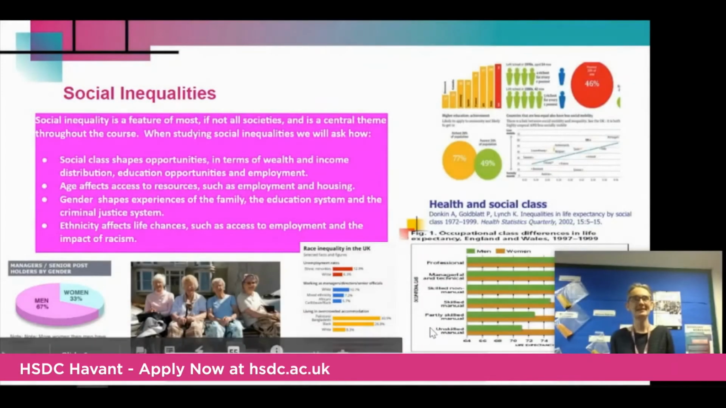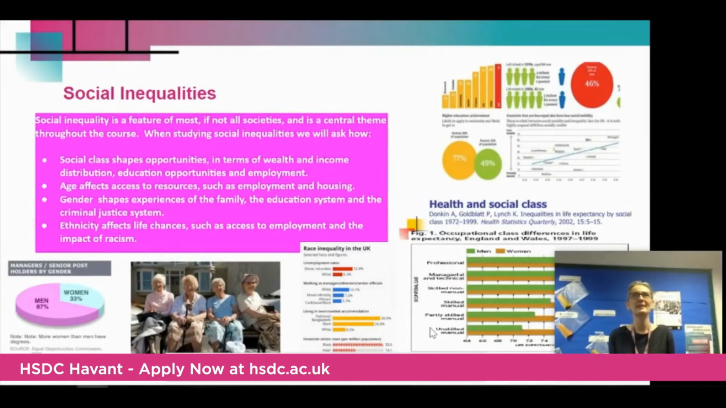Hello, my name is Amanda and I'm the final lecturer on the team. Sociology is the study of society, and a feature of most, if not all societies, is social inequality. Throughout the course, students will study how social inequalities shape experiences and opportunities, as well as identifying those groups most